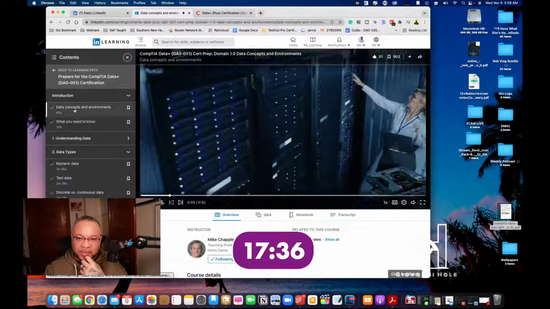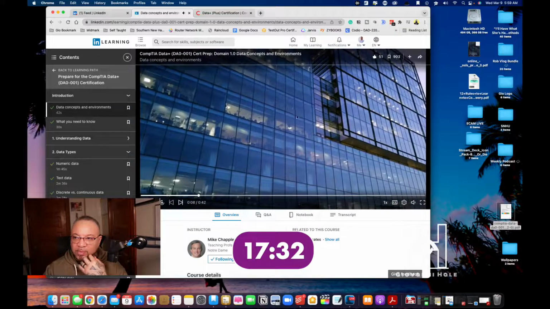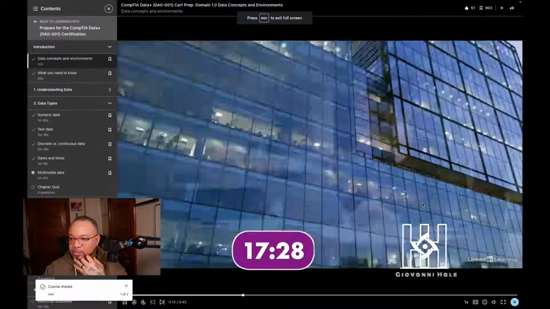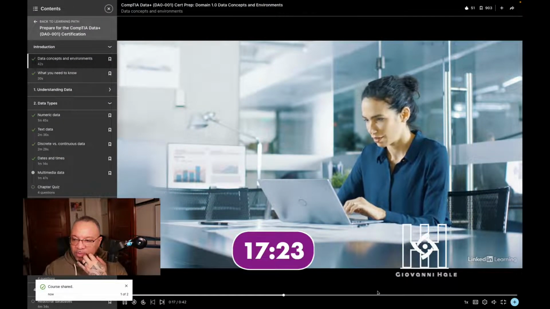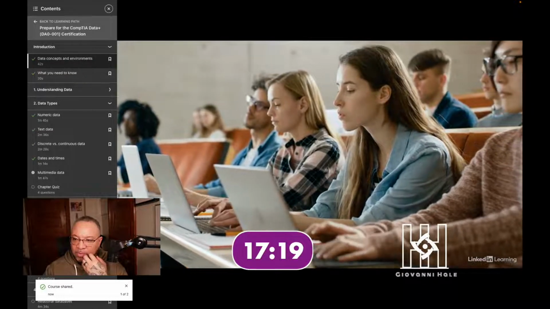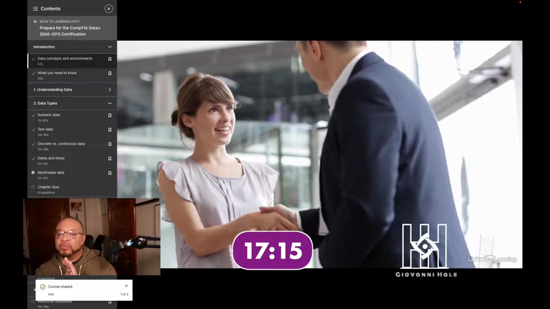From simple data collection and management to complex analytic efforts, today's businesses run on data and depend upon that data to achieve business value. That creates a significant demand for skilled and talented data analysts. CompTIA's Data Plus certification is a path that many professionals follow to advance their careers in this high-demand field.